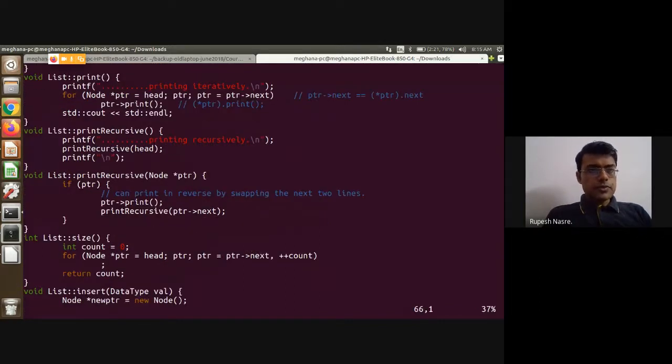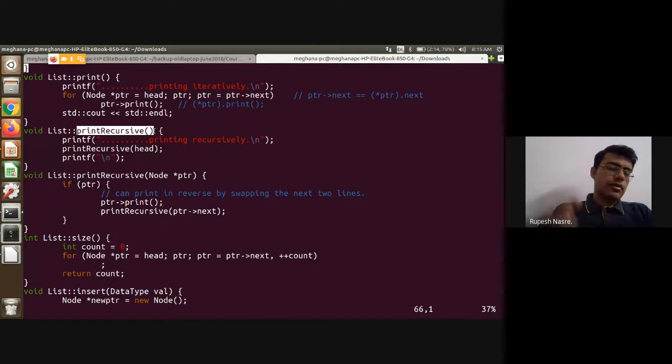Okay. So the print function is essentially like this, where I'm also calling the ptr arrow print instead of printing it from here. Either way, it should work out. Print recursive. Okay, so this print recursive is what we will call from the main, and main does not have access to head, and therefore print recursive cannot pass list arrow head or l dot head as a parameter.